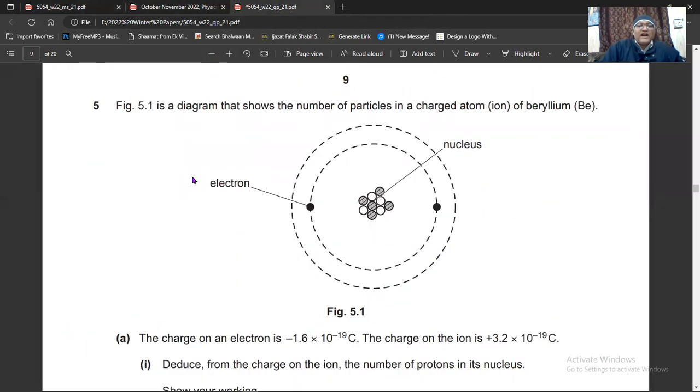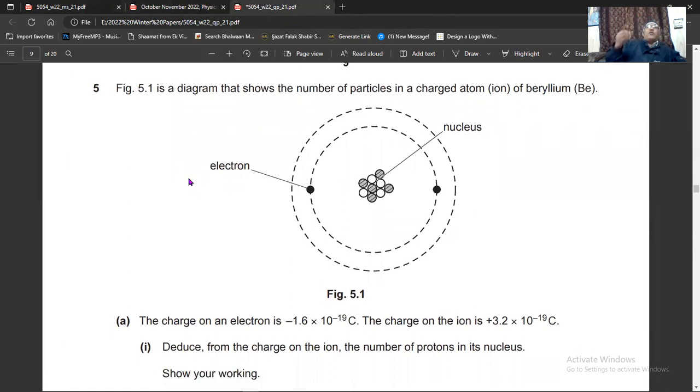Question number 5 is on your screen. It says figure 5.1 is a diagram that shows the number of particles in a charged atom, an ion of beryllium. Here we have 2 electrons in the outer shell, and in the inner shell, this is the nucleus. We have protons and neutrons. He says the charge on an electron is minus 1.6 × 10^-19 coulomb. The charge on the ion is 3.2 ×